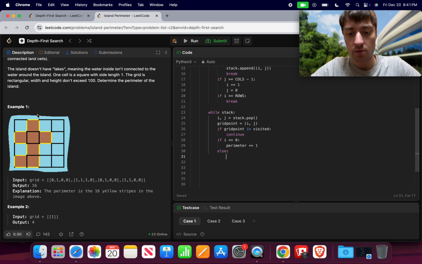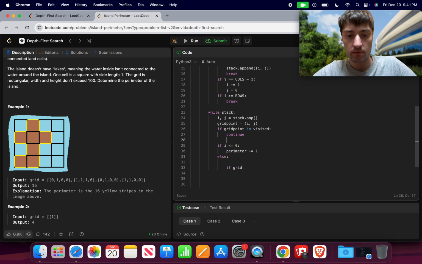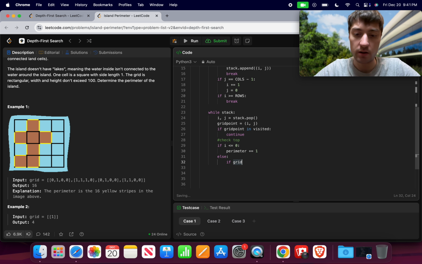So otherwise, so if grid, so I'm going to say maybe check top. I like that. Okay, so if grid of